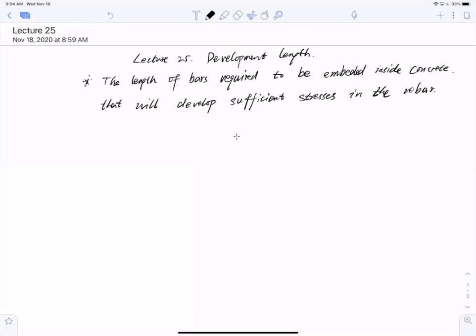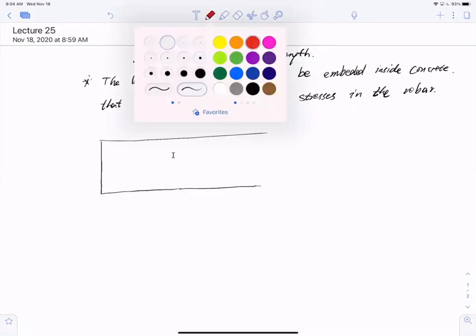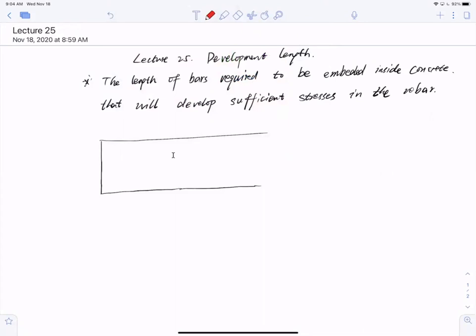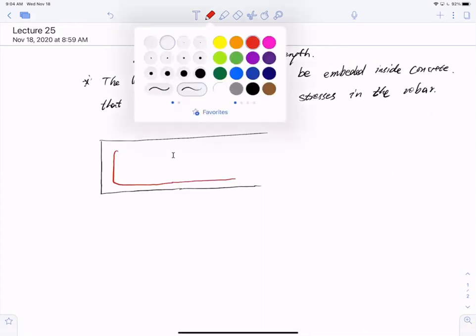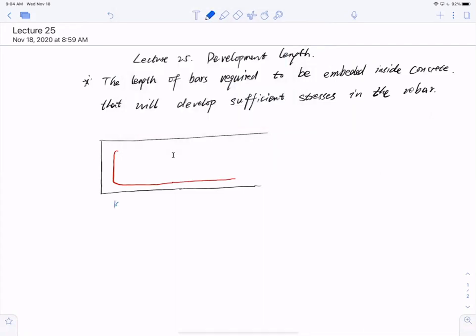To put it more visually, I want to draw a figure here. Say I have a concrete beam, and we all talk about the flexure reinforcement. You've seen that usually at the end of the cages, it is bent like that. So you have a certain length of the reinforcement, and we assume that during this length